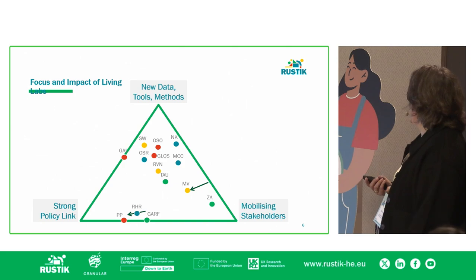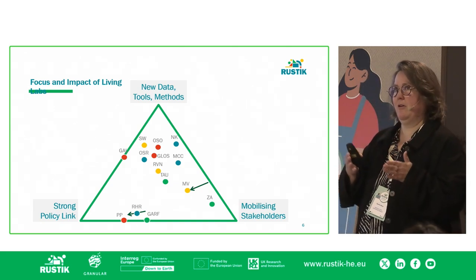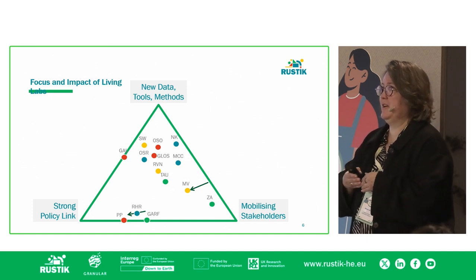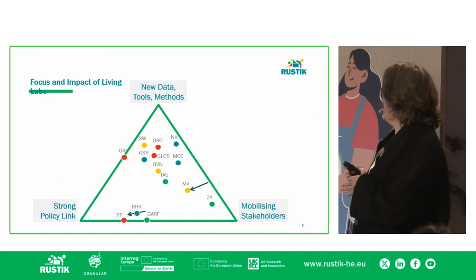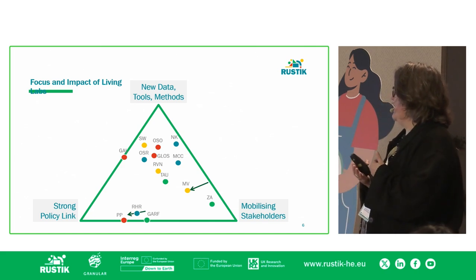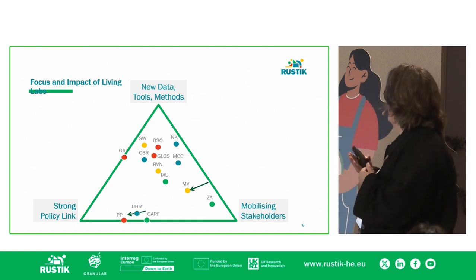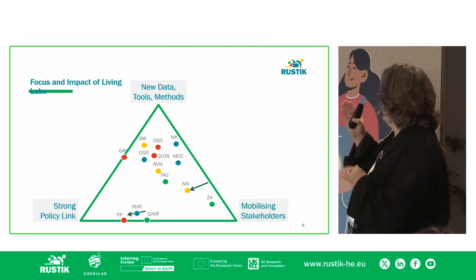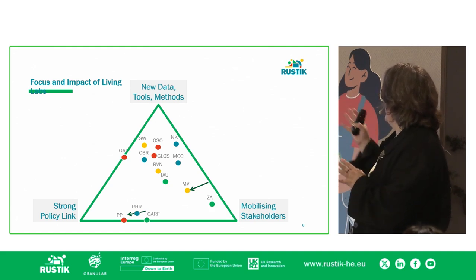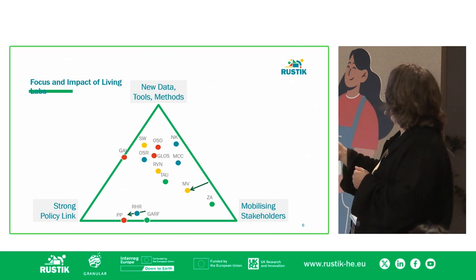And what we also realized is that the living labs, although all applying the same approach with the 3 cycles that I mentioned, have quite different focus in how they apply or how to focus their work in the living lab. So we found that you could allocate them in a triangle between, and can I do this?